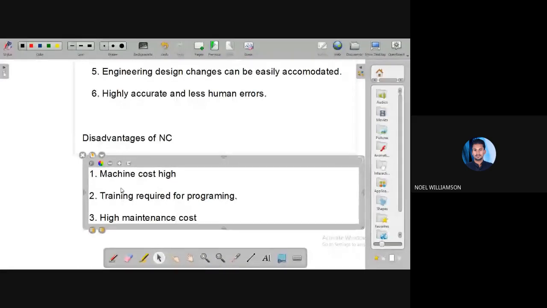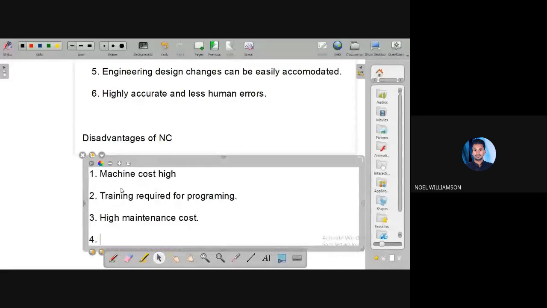And finally, regarding skilled workers. Regarding the programming and all, you don't need any other skills, but regarding the usage of the machine, you should have a high skill for using the various programs or various options available in the machine.